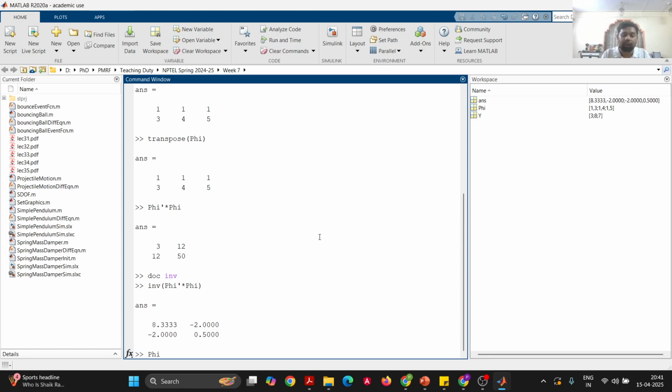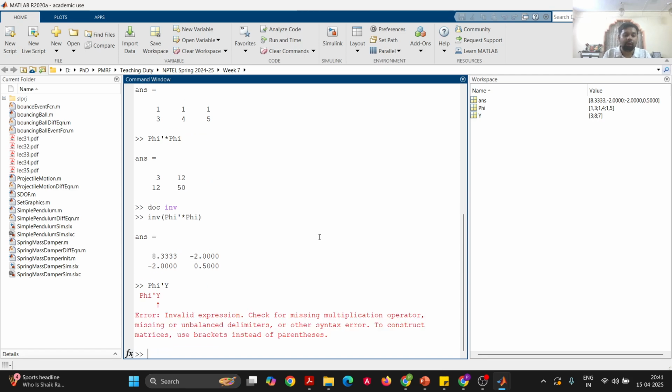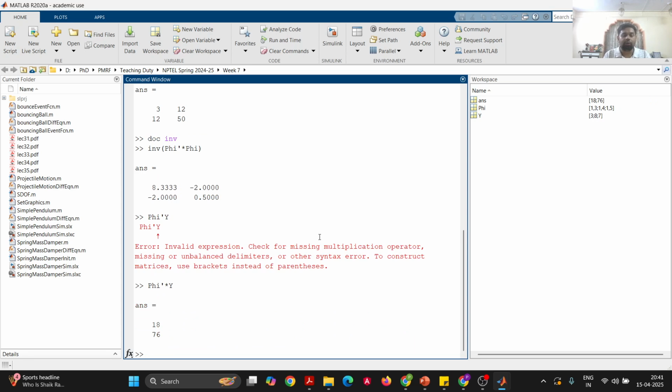So let us also try to calculate phi transpose, so phi dash which is phi transpose into y, which is 18 and 76. And now let us calculate